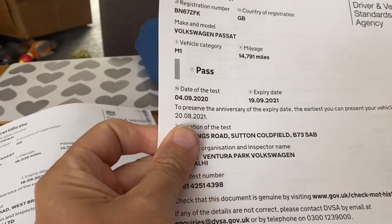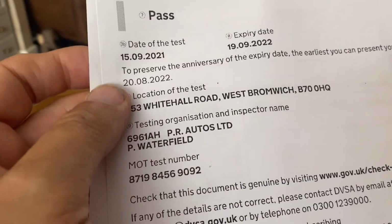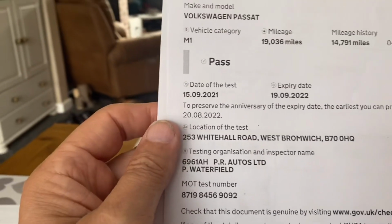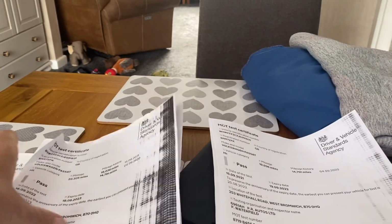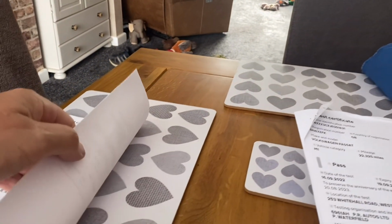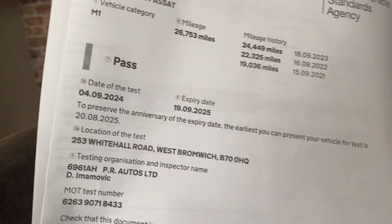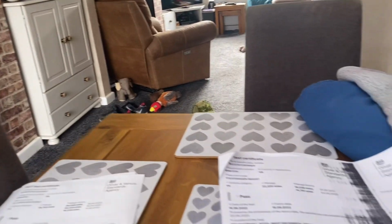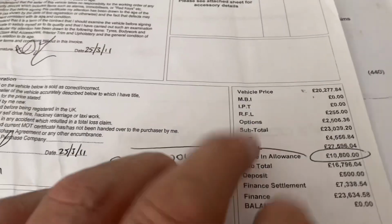2021, 22. Hold on. 21, 22. P&R Autos. Fantastic people. 22, 23. P&R Autos. I can't find last year's MOT. So it could be in the books somewhere. And here's today's one, 2024 to 25. Here is the Izzy that we had before. Look,